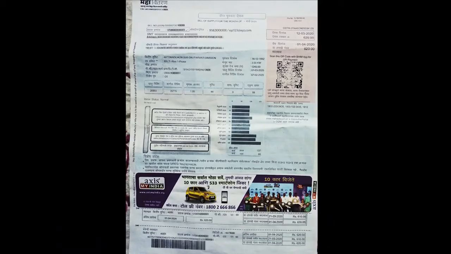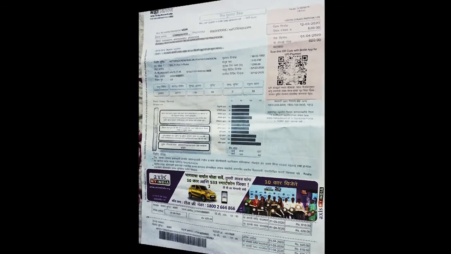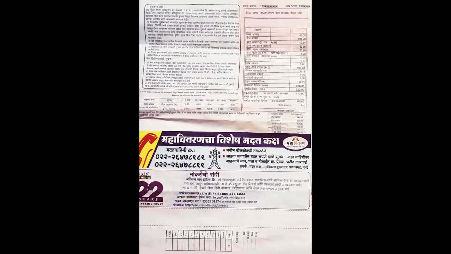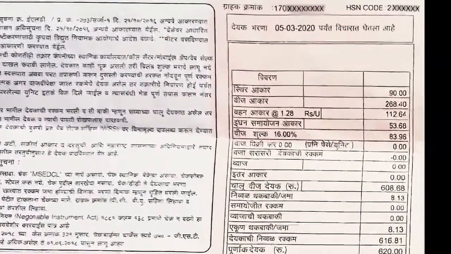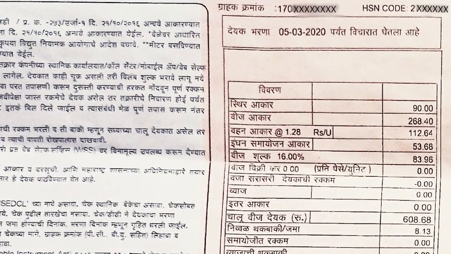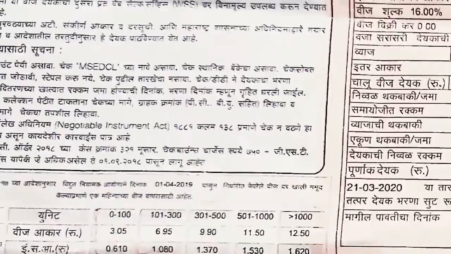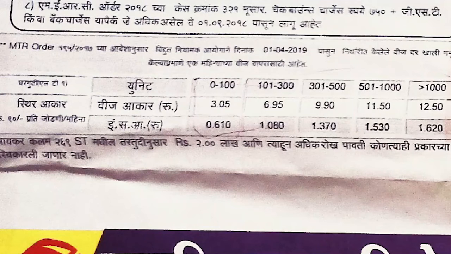Now we shall see back page of electricity bill. The complete billing procedure is given here. The fixed rate is mentioned here. Even if the consumption is of 0 units or kWh, the consumer has to pay this fixed price amount. Here is the electricity rate chart. The bill is generated with the help of the price rate mentioned in this chart.